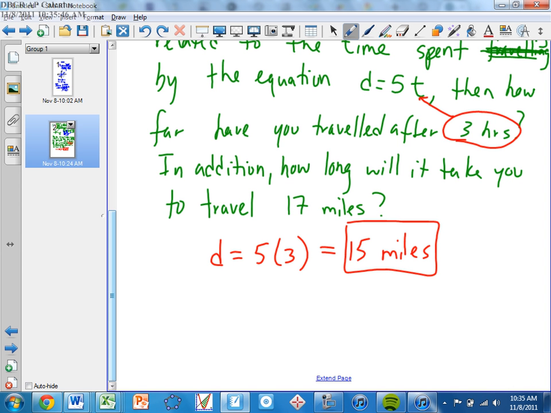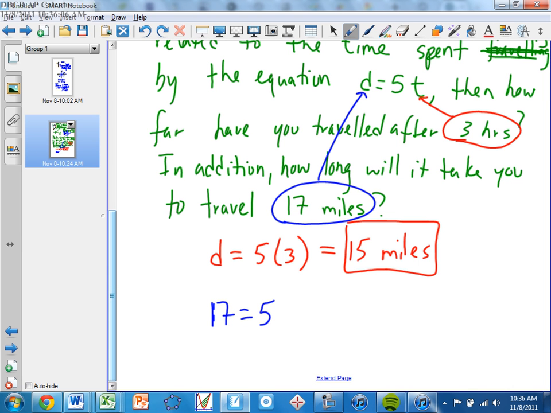How long will it take you, like you traveled 17 miles? So what do I know this time? Very good. Now I know the distance. 17 miles is the distance, so that's going to go in up here now. So the second problem, I'm going to have